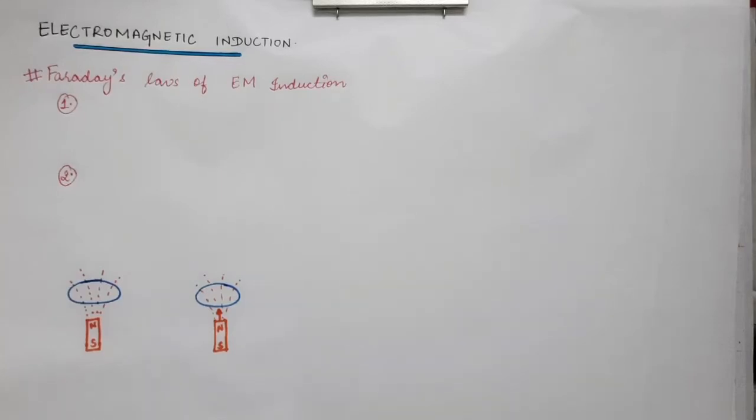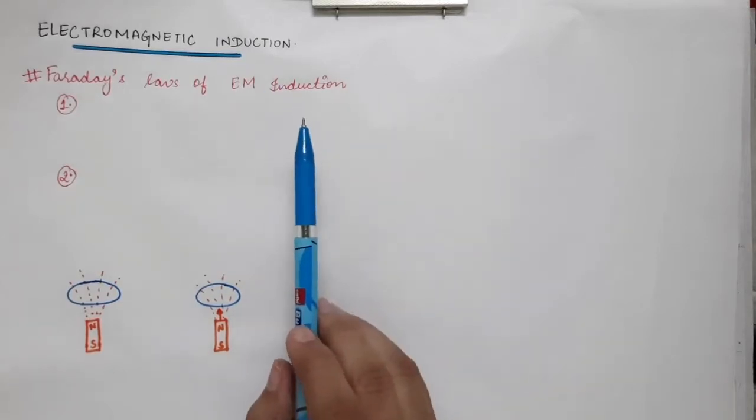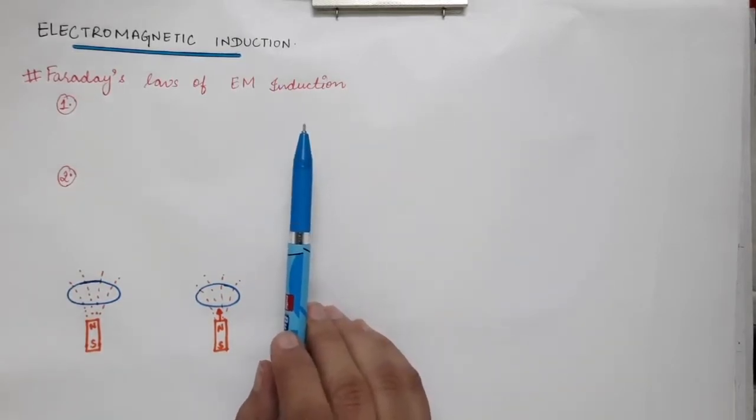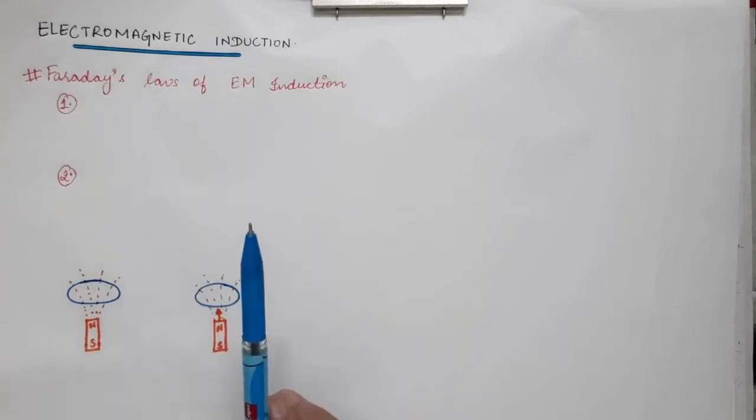In this lecture, we are going to start with the next chapter of electromagnetic induction. In the previous chapter of magnetic fields in matter, only certain topics are left, for example, the properties of diamagnetic, paramagnetic, ferromagnetic materials, and then the BH curve, then the hysteresis loop. Such topics you have done in your high school also. If I get time, I will make videos on that too. But before that, I'm going to cover this very important chapter, electromagnetic induction.